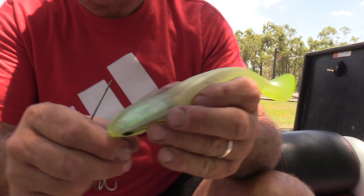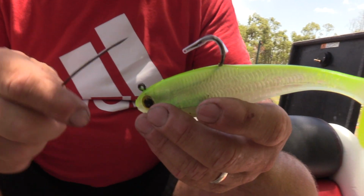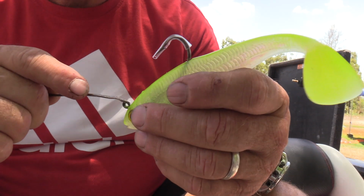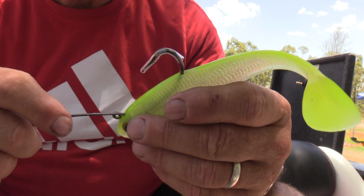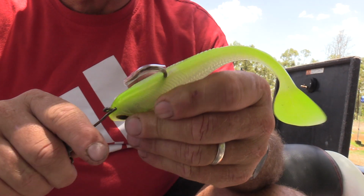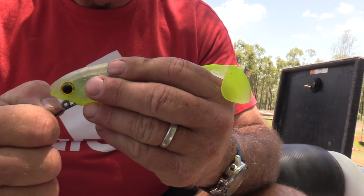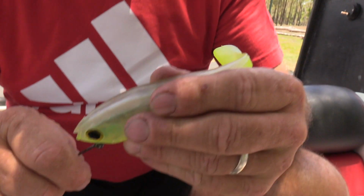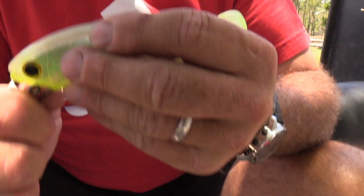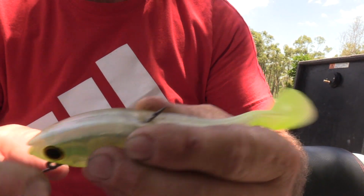So I'll just slip that off for a second, and I'll just put that there. Then you don't want to be too far away from the eye of the hook on the top of the plastic. You want to be just behind it, because this is where it comes back out when you've pulled it through. So you just feel your way through alongside the lead. I know it goes down the side of the lead, but you can work it and watch where it's going. So that's more or less under the hook, and I've got my mark on the bottom, so I'm going to come as close as I can to where it's going to come out, which is about, oh, missed it, it's roughly there. Right, so I've got it through,